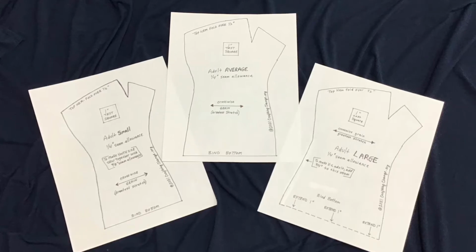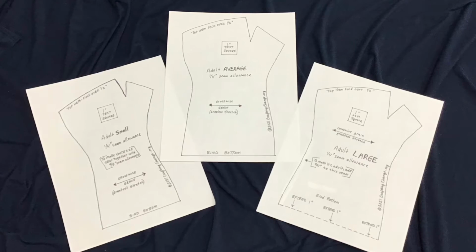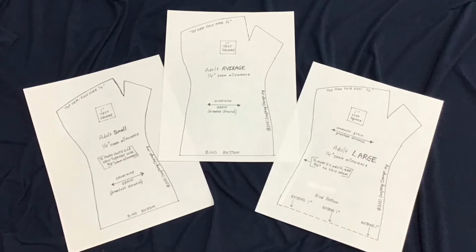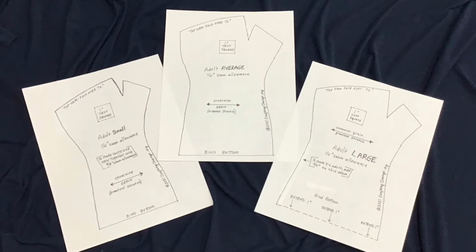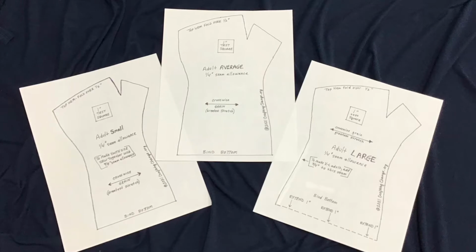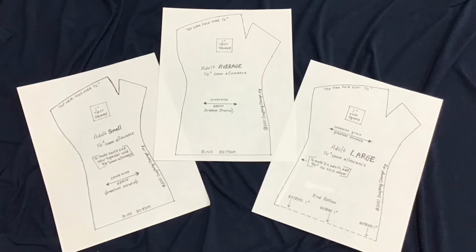There are 3 adult size patterns to choose from, a small, average, and large. As an option, please note that on the small pattern, you can sew it with a 3/8 inch seam allowance instead of a 1/4 inch to make it smaller into a youth size. And on the adult large, you can make it into an extra large by adding 3/4 inch to the outside